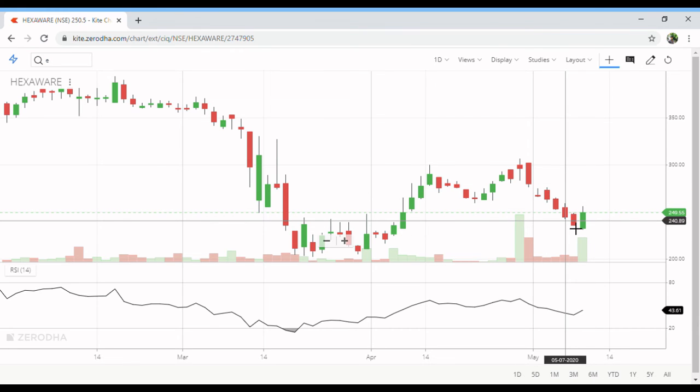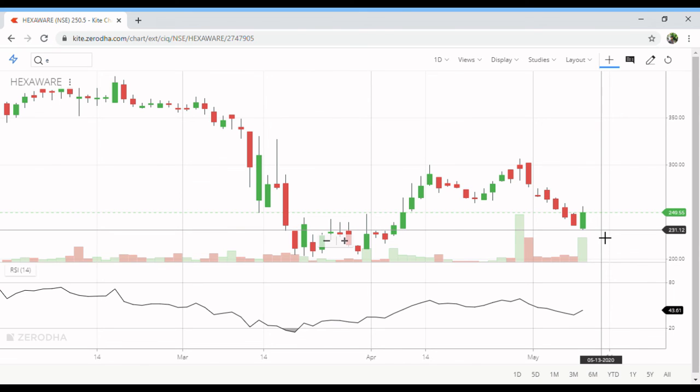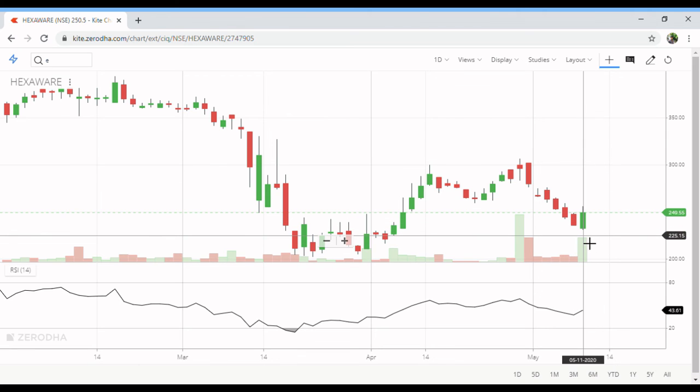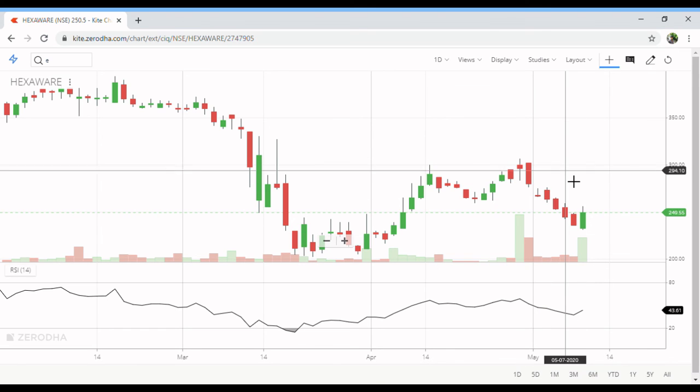Make sure that the trend is down, and make sure the green candle has a full body, meaning it should not have many wicks or tails. Here you can see there is no tail under this low, and you can always ignore minor wicks. This is a very good bullish engulfing chart pattern. Also make sure that you enter above the high of this candle. So this is about the bullish engulfing pattern.